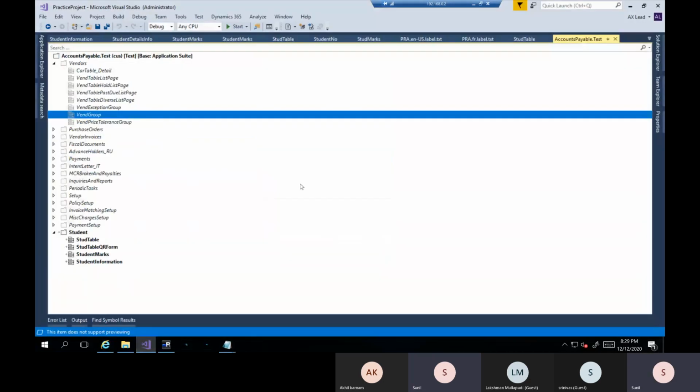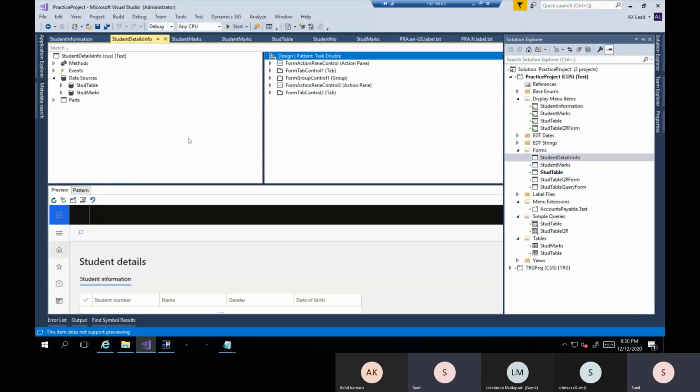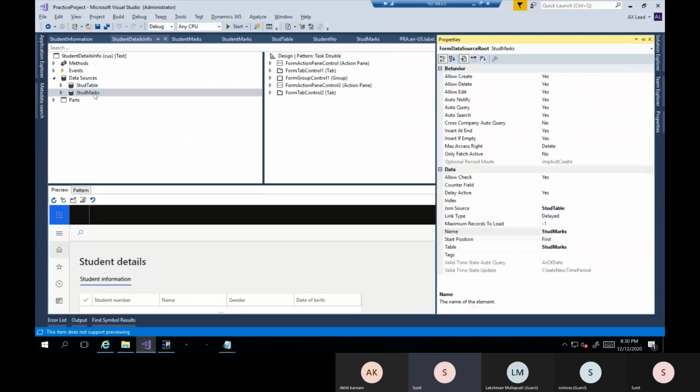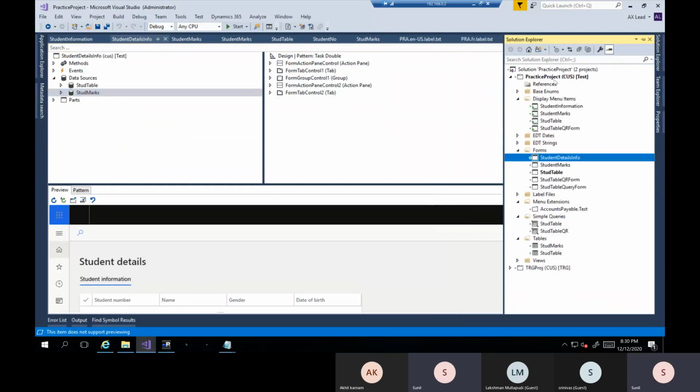For that, what we can do is go to your form, open your student details info, go to student marks, go to properties, and there are some data source properties. Insert if empty: you can set this to no, so that if there is an empty record, it will not show any record with empty values. Okay, so if you build and see again,